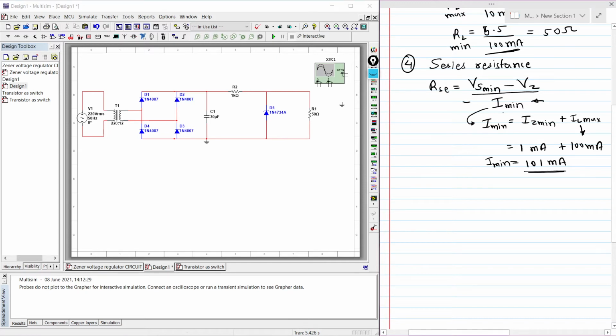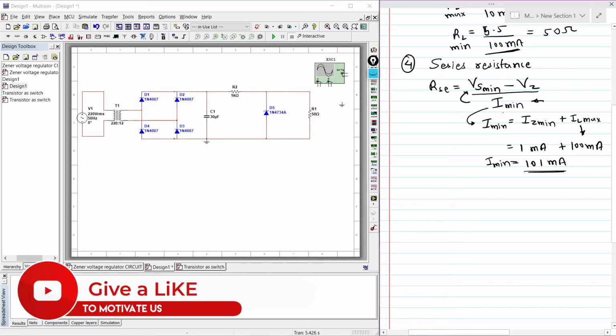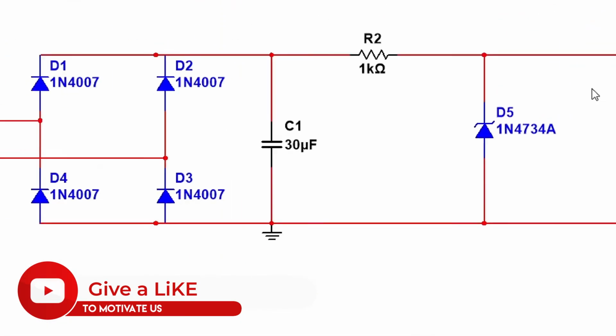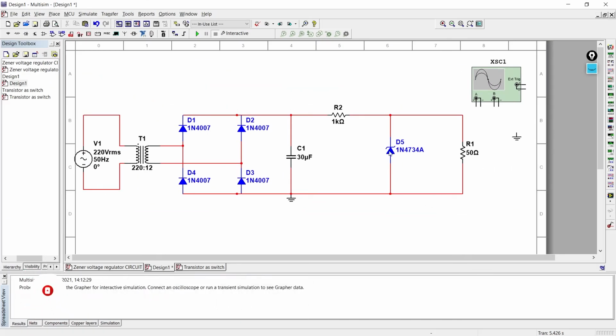Now we need to find Vs minimum. For that, let us jump to the simulation. We will find the changes in supply voltage without connecting this Zener diode.